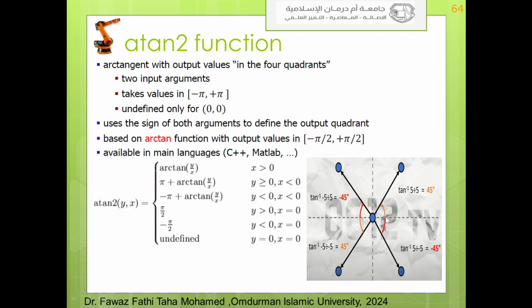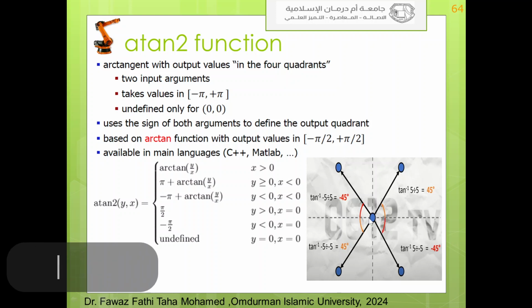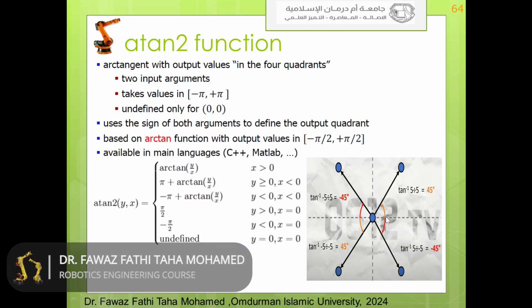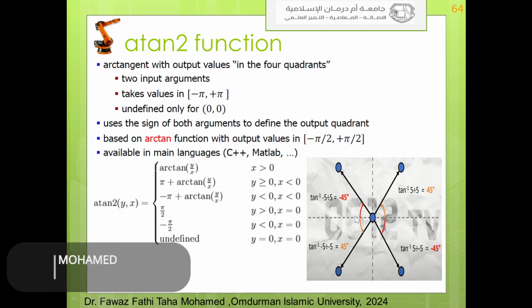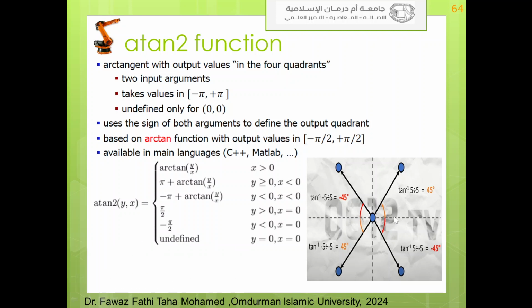Because the output is from minus pi to pi, it is calculated with respect to the x-axis as the 0 reference. So I just have to find the angle here. The angle is equal to pi minus 45, or rather minus pi, sorry,